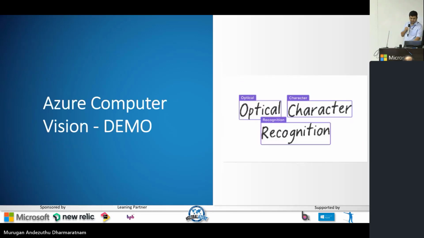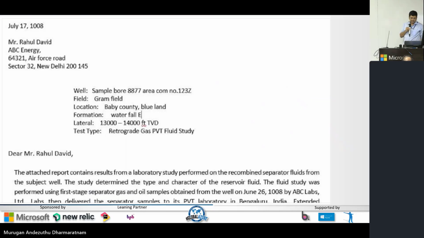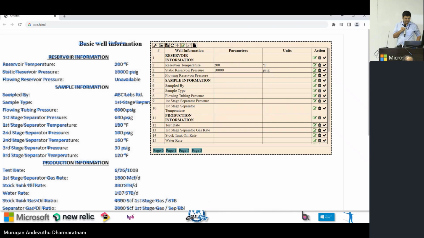So I'll have a demo for this. This is basically a text, and I would like to read some data from the text using OCR. This is basically the output. What I'm doing is, you have seen the previous screen, right? I have an image behind, and I have some text overlays. If I click on 200, you can see that value is coming there, right?